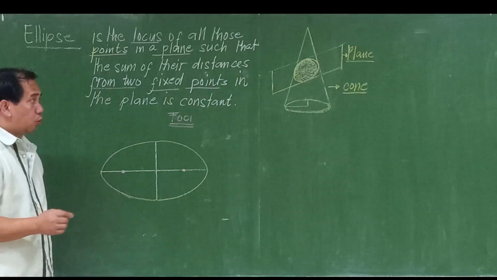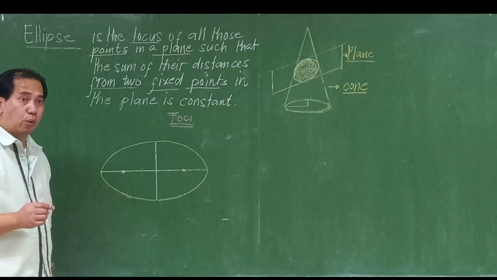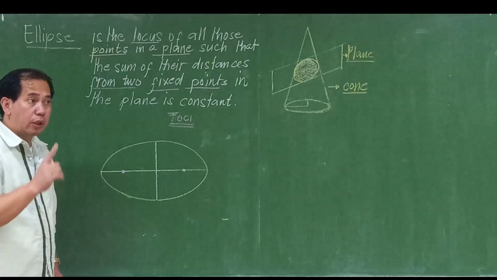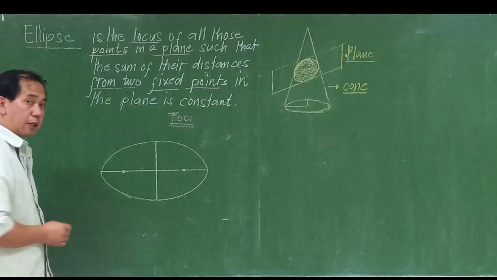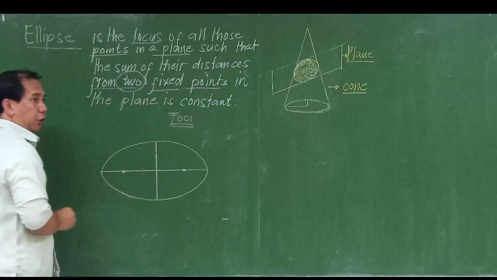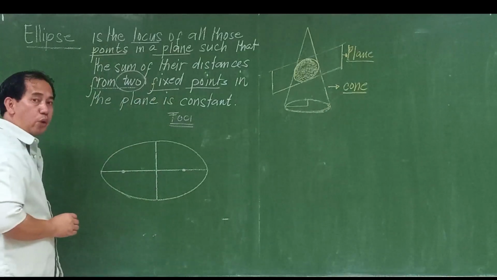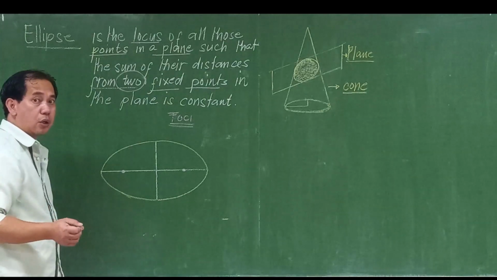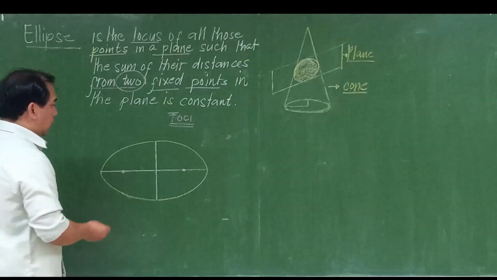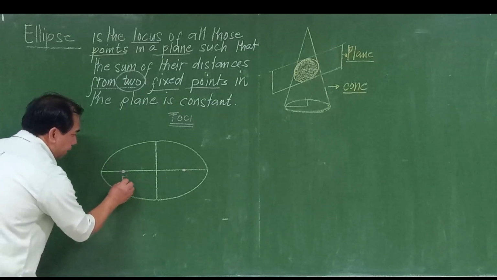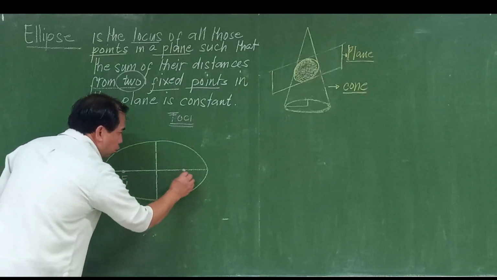Notice that when we are talking of the parabola, the fixed point is the focus, only one. But in the ellipse, we are talking of two fixed points, the foci, two focus. So we have here focus 1 and focus